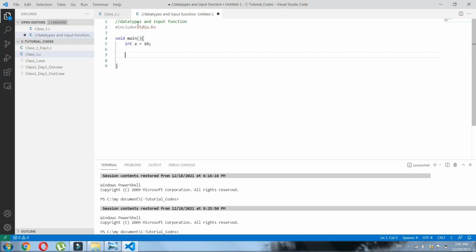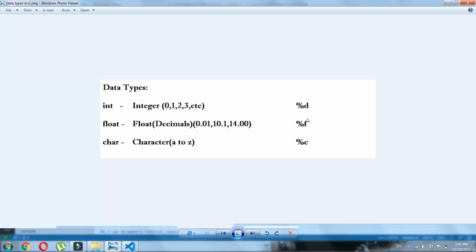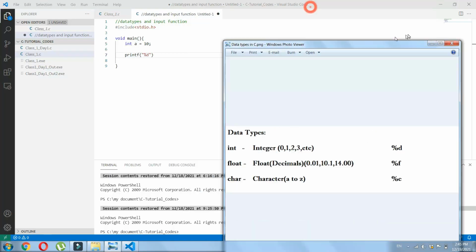Now I am going to print this variable with printf. After printf you need to create double quotations, then give %d. As I said before, %d is for the integer.